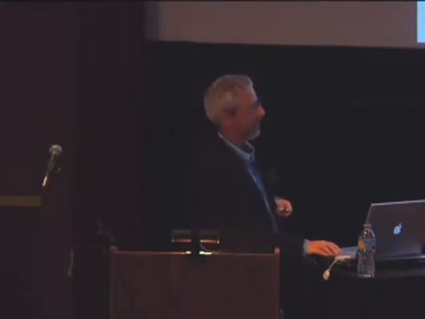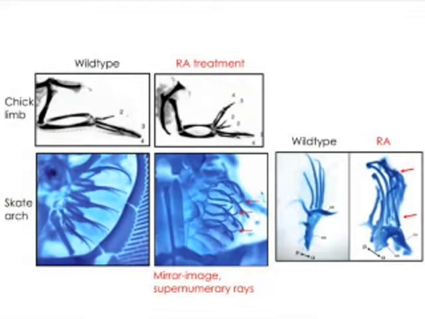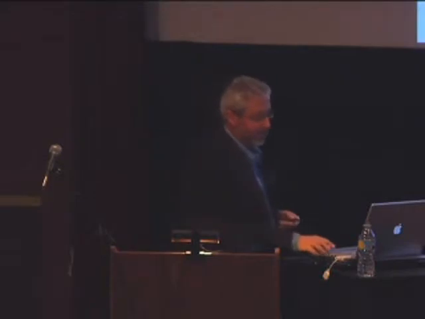What happens in the arch? You get a duplication. This is the wild type normal one. It's simply a bar that bends anteriorly. In the treated specimens, you get both the bar that bends anteriorly and a bar that bends posteriorly. So what's emerging here